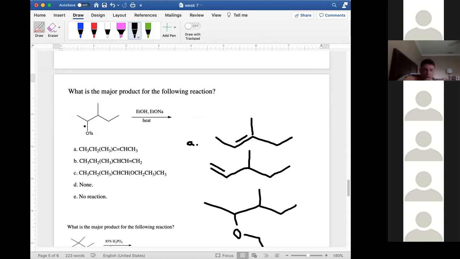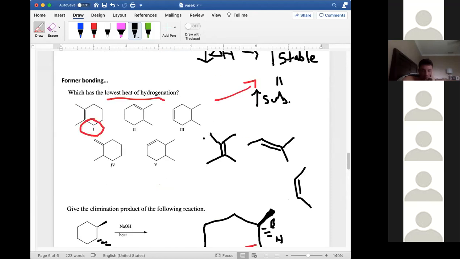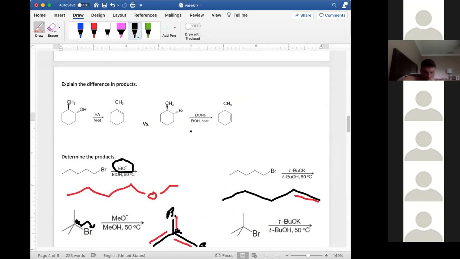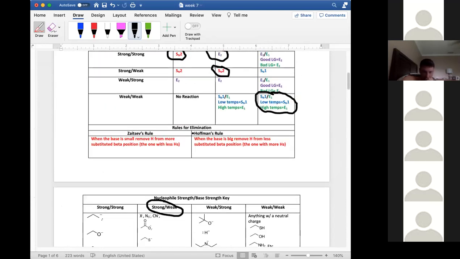So secondary, this EtO, that Na is going to dissolve away because we have a polar solvent. So ethyl negatively charged oxygen. What category is that going to fall into? Yeah, John, strong, strong. All right, so secondary, strong, strong, gives us